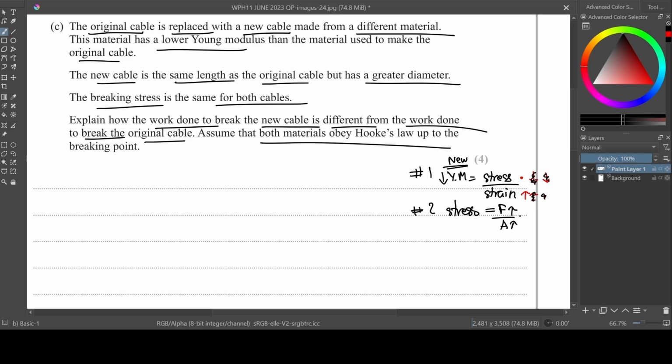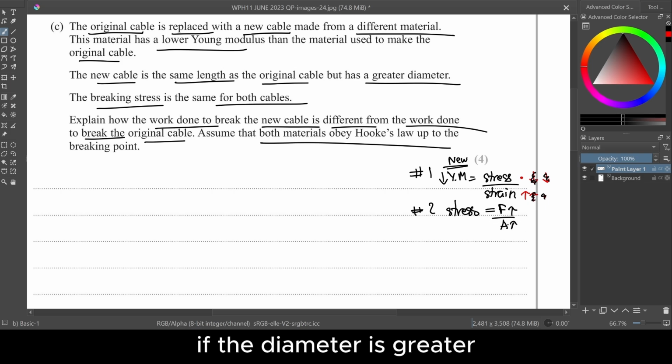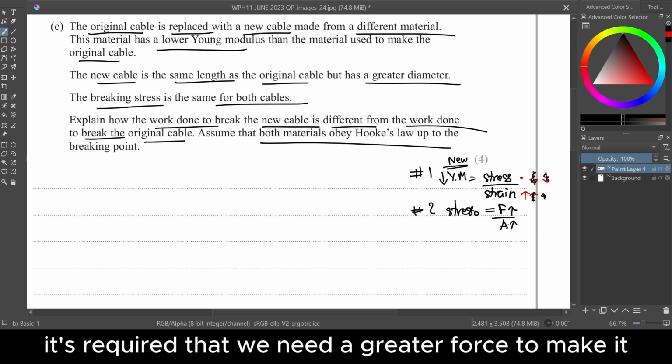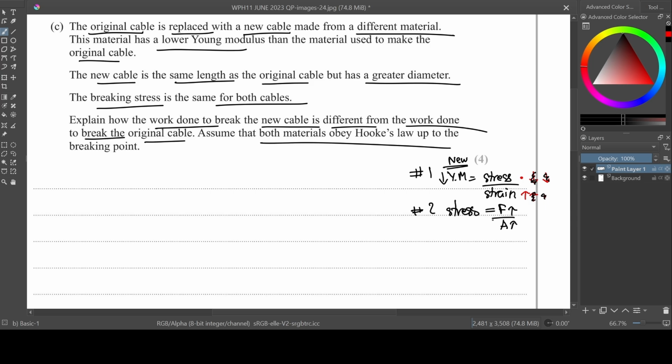Okay, so we have come to a conclusion that if the diameter is greater, area is greater, then force is greater. Okay, force needs to be greater. It's required that we need a greater force to make the stress not change. Okay, now